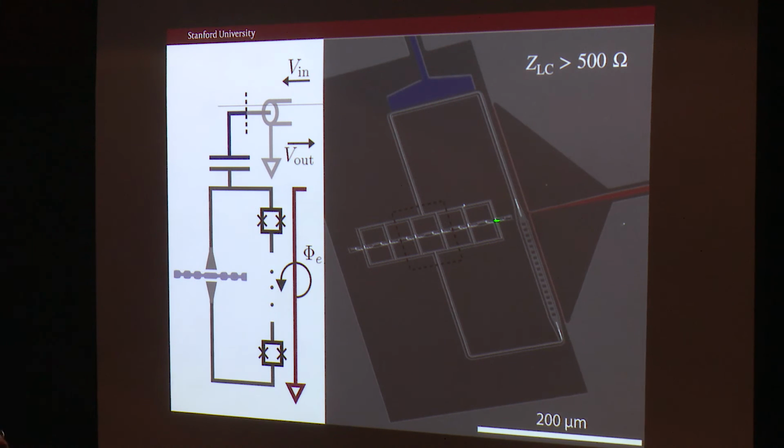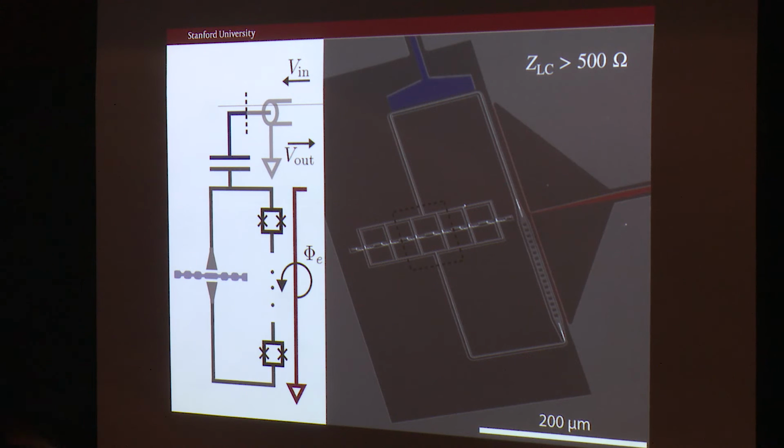So this is a circuit. This is an LC circuit. It kind of looks like an L and a C. This is how we couple linearly to the circuit. So how we excite it. That's the blue line, and the red line is how we tune. So this is a tunable LC circuit because these are all little squids. So we can change the magnetic field going through them, and you can move that around.